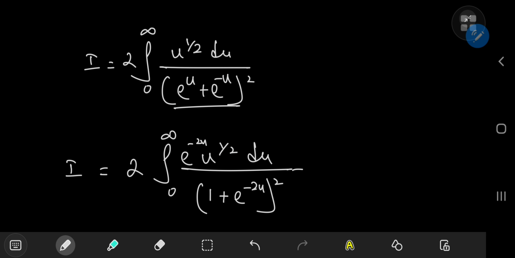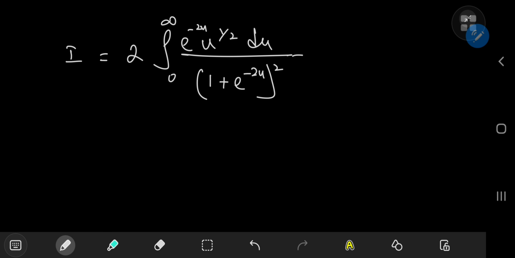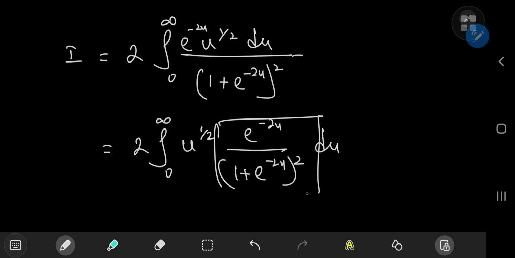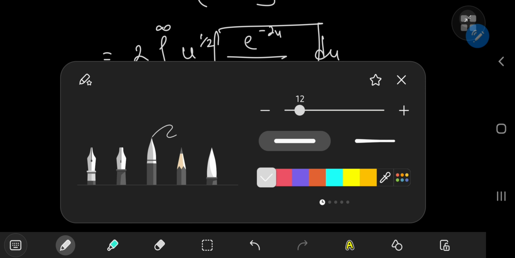Now, how exactly am I about to invoke the geometric series expansion? Well, write this as twice the integral from 0 to infinity of u to the 1/2 times e to the negative 2u divided by 1 plus e to the negative 2u squared. And this is the term which I want to express as an infinite series. And how exactly am I going to do that? Well,